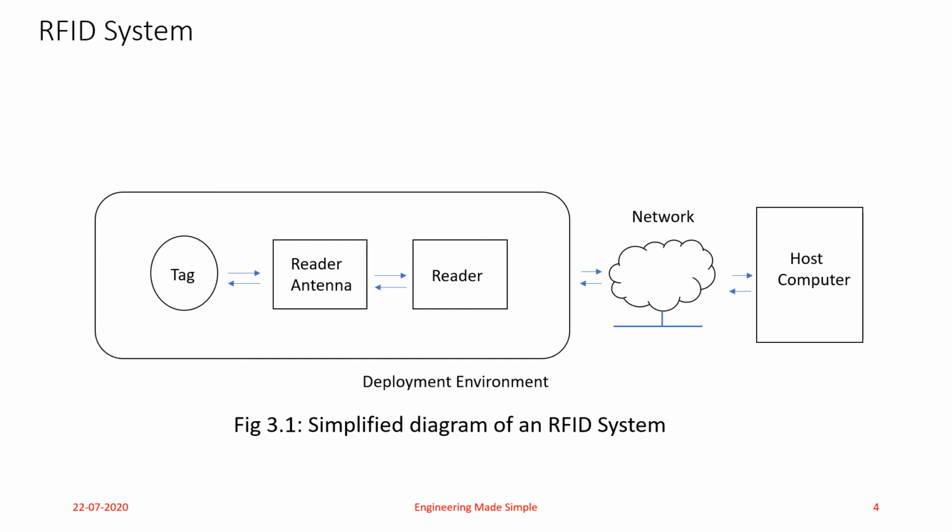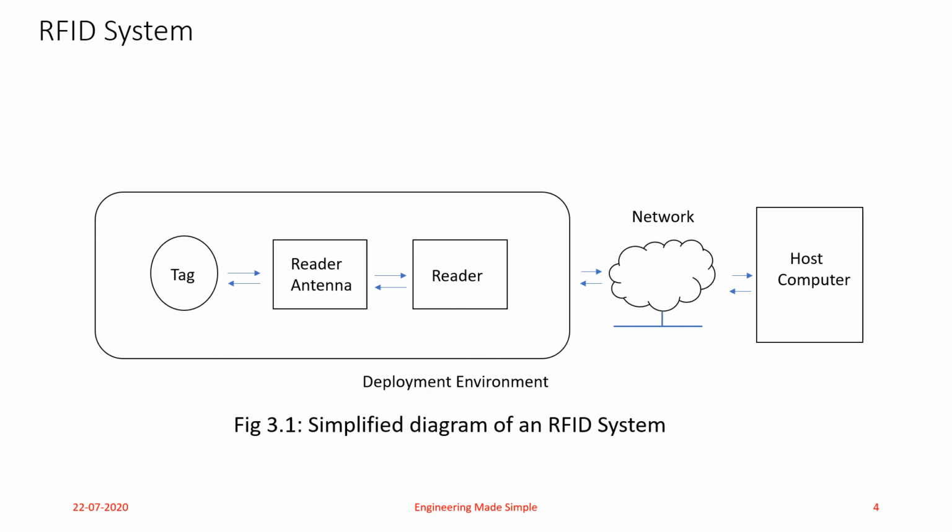Now, what does the second layer of the RFID system consist of? The second layer is the information technology layer. As the name suggests, it consists of the software related to the information technology domain. So what exactly does the IT layer of an RFID system consist of? It consists of appropriate software for interpreting the data which is read from the tags, middleware applications, databases, and other user applications. So this is what the IT layer of an RFID system consists of.